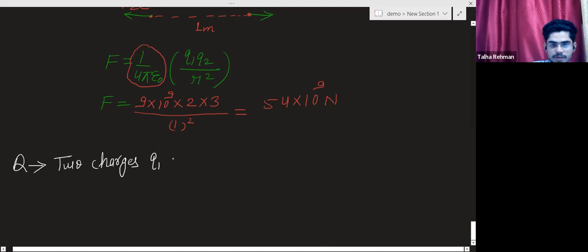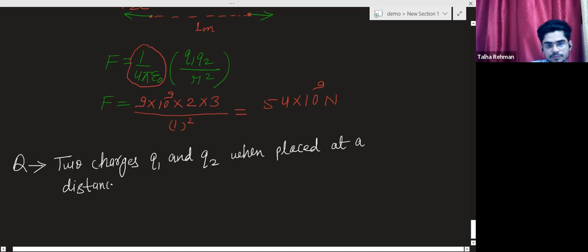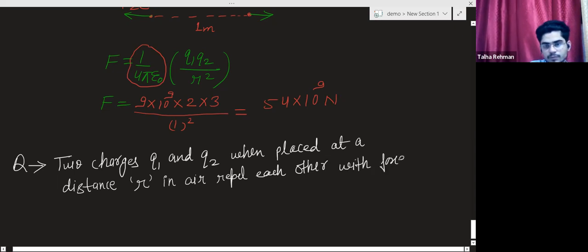Two charges q1 and q2, when placed at a distance r in air, or you can say vacuum, repel each other with force F. Calculate the force between them